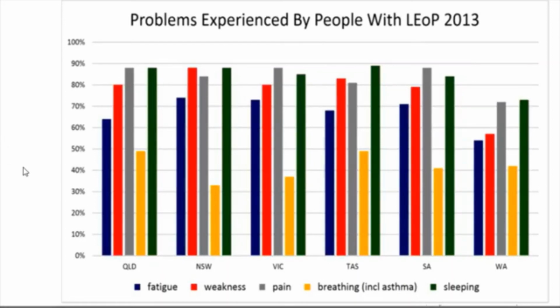Again, one of the results from our Polio West Australia's survey in 2013 was this chart, which looked at the most common complaints and symptoms experienced by polio survivors. If you remember, we talked about this in the last session. There were about 1,200 respondents. Most of those, I believe about 900, were from Western Australia, but you can see there was enough from other states to be represented on this chart. We can see weakness, pain, breathing difficulty, and sleeping.